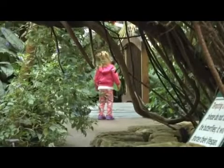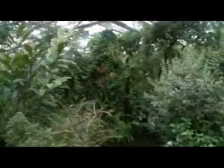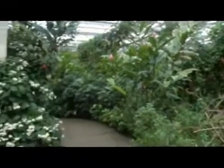gardening and biology. Conservation goes hand in hand with the horticulture programs, from sustainable gardening to education about the importance